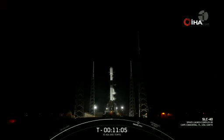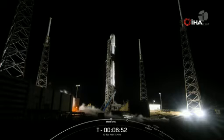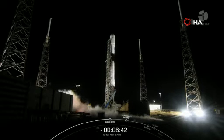You're looking at a live view of Falcon 9 awaiting its 12:30 a.m. Eastern Time launch from Space Launch Complex 40 at Cape Canaveral Space Force Station, Florida. Standing 229 feet tall, the Falcon 9 is about 40 feet taller than the Leaning Tower of Pisa in Italy. And for all you Star Wars fans out there, Falcon 9 was named after